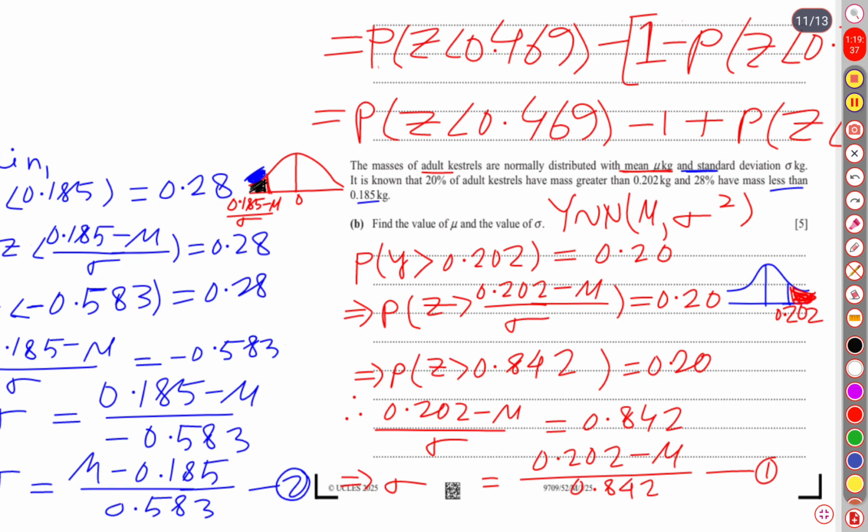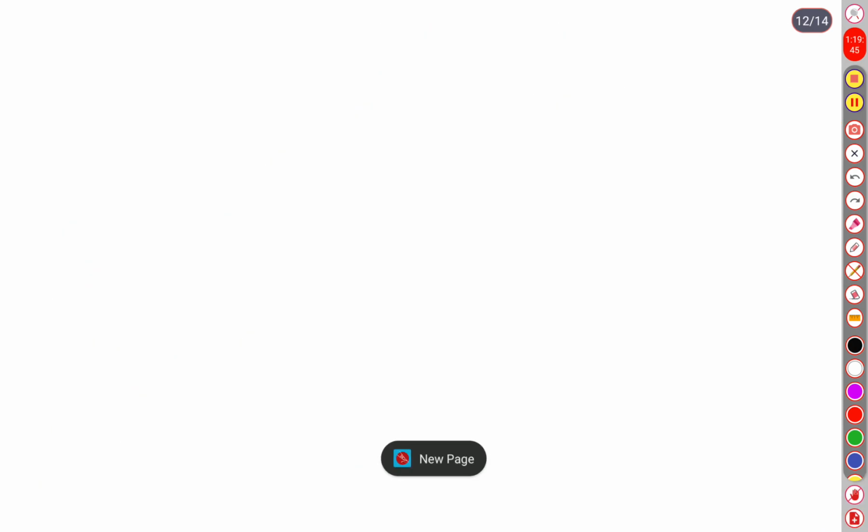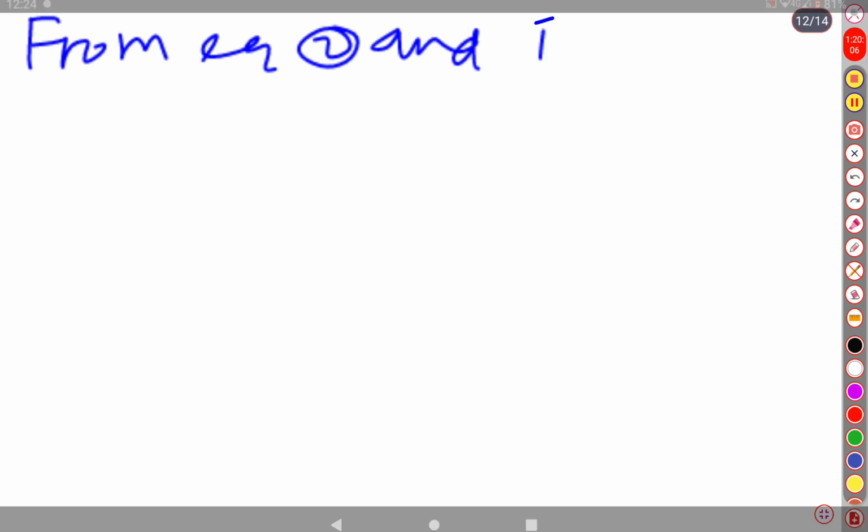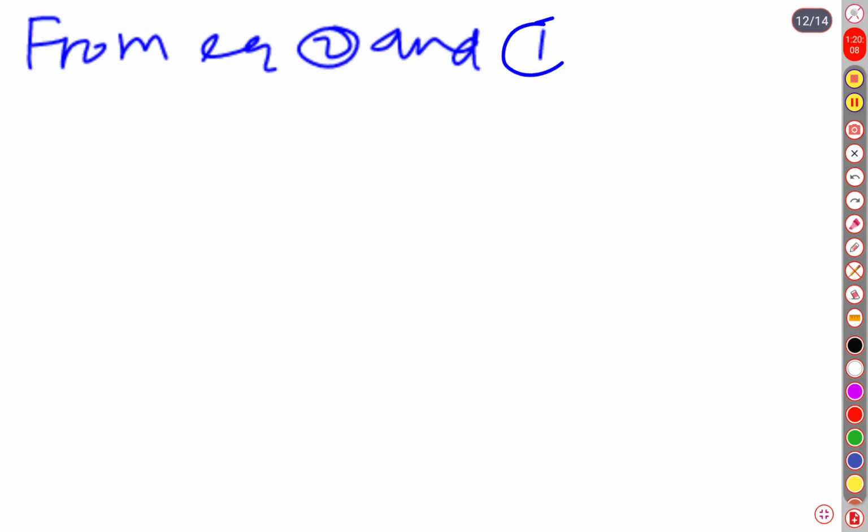Now from equation 1 and 2, I will have to write somewhere else. Let's take a new page. So here, from equation 1 and 2, okay, now we are going to see what was our equation 1. Our equation 2 was